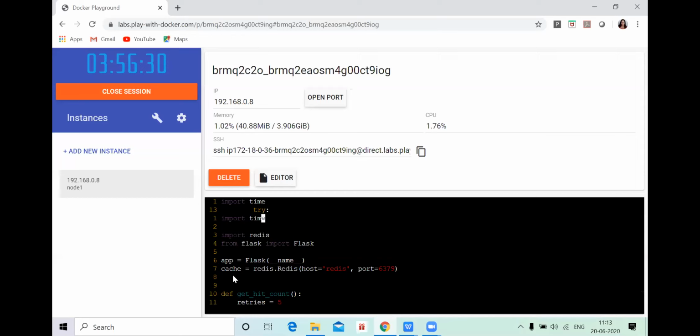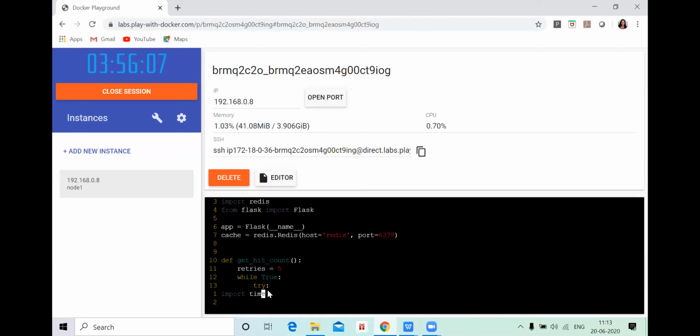As you can see here, I have used my cache memory, which will be having the host as my Redis server. And this Redis server will be having the port number, which is a default port number, that is 6379. So if you are changing your host address, you have to give your port number accordingly. Next, as you can see, I'm going for my hit count, otherwise you can say how many hits I'm giving to my web browser.